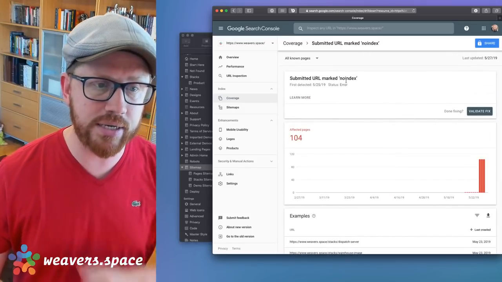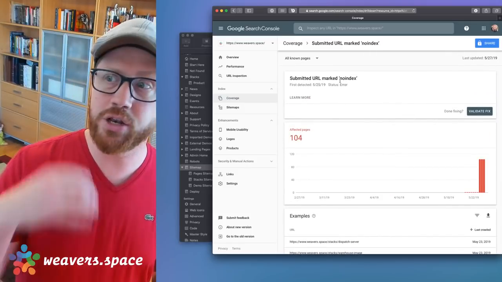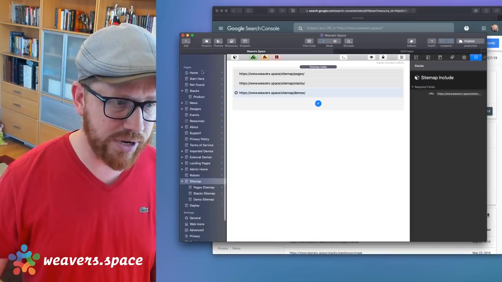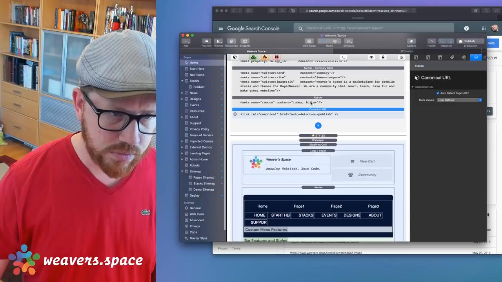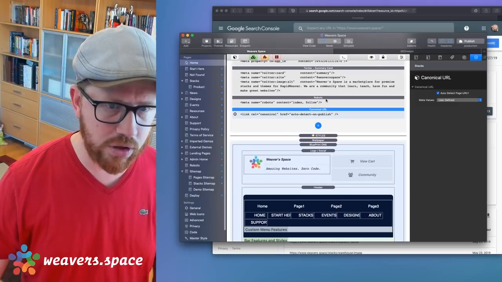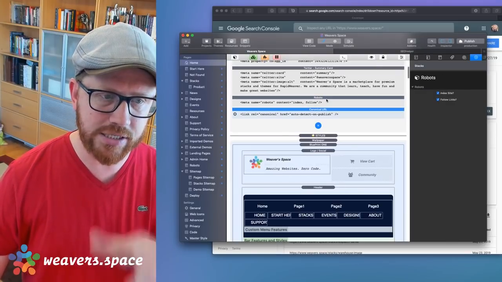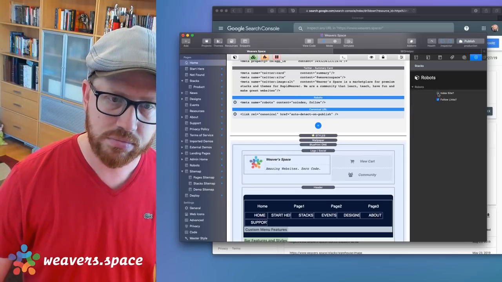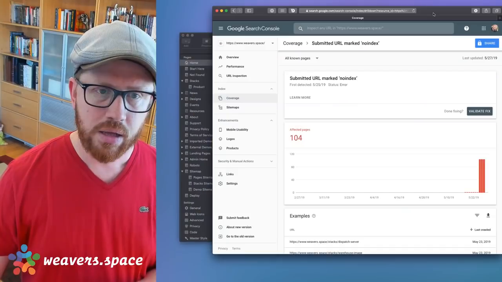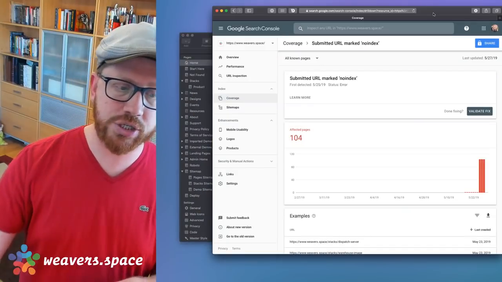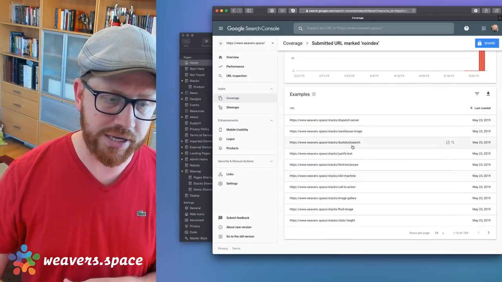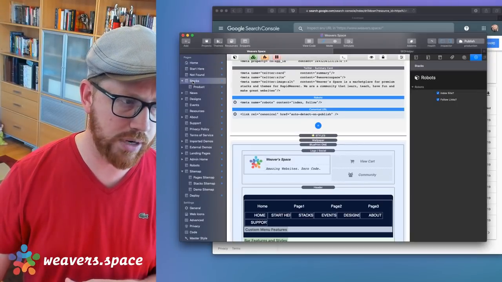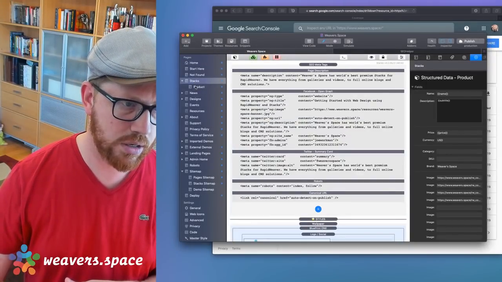So what this means is, I submitted URLs to Google, and for some reason, I have to look at what those URLs are, but I submitted them, and this no index was turned on. So I need to figure out what pages those are, and it looks like it's the stacks pages, right? So every stacks page is set to no index, which is not cool, right? So if I go into here,